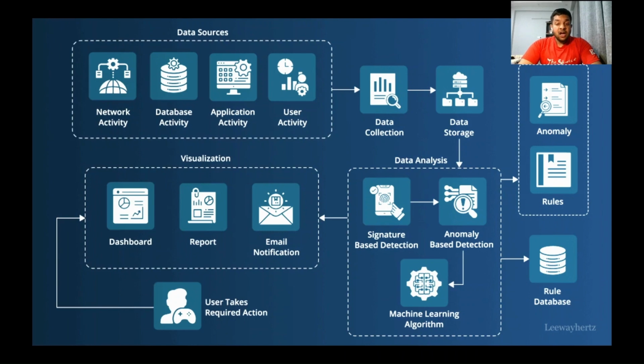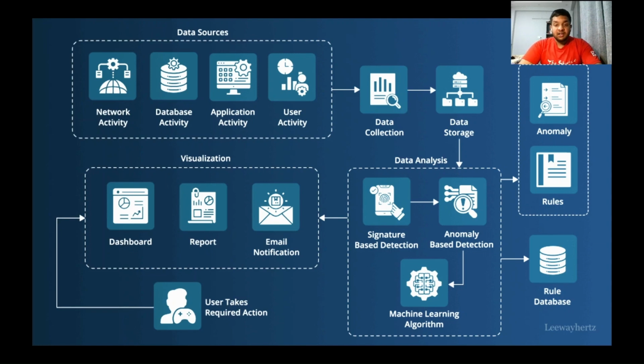So now we'll see how machine learning fits into a cybersecurity system. There's a diagram that shows a complete workflow starting from various sources like network activity, database activity, application logs, and user actions. All of this raw data is collected and stored securely. First, in the top left, we can see there are data sources. This is where everything begins. These are the systems being monitored for suspicious behaviors, and these include network activity, database activity, application activity, and user activity. So we have four things.